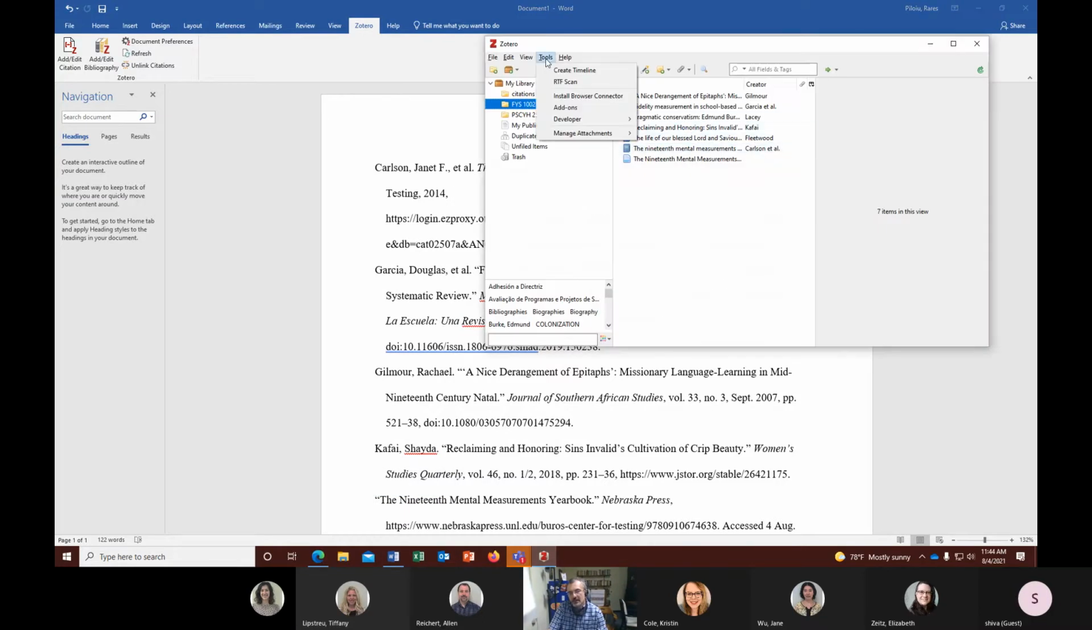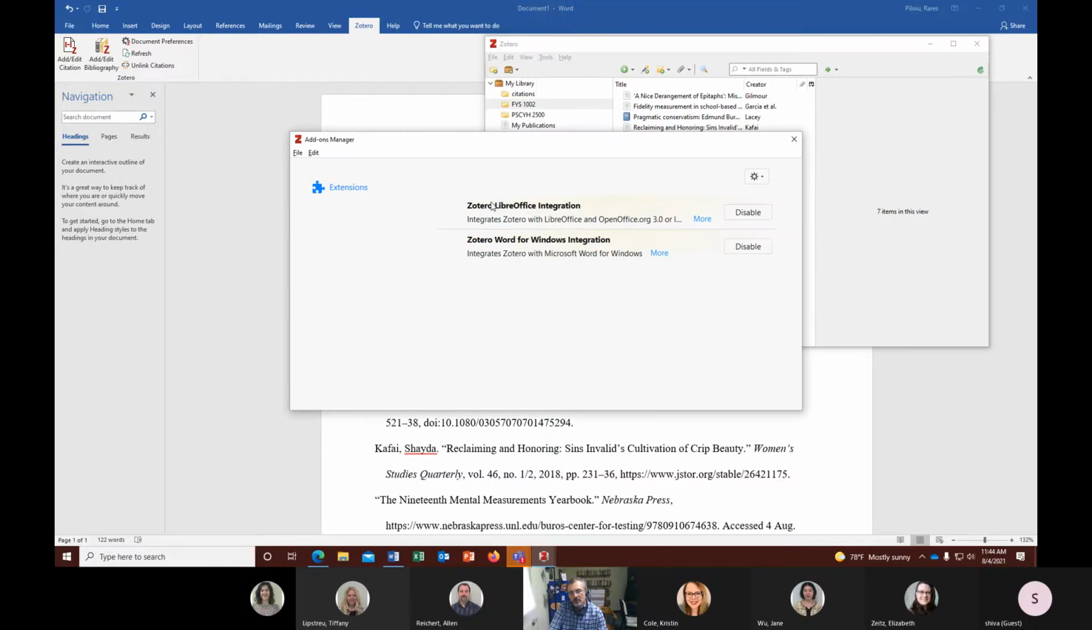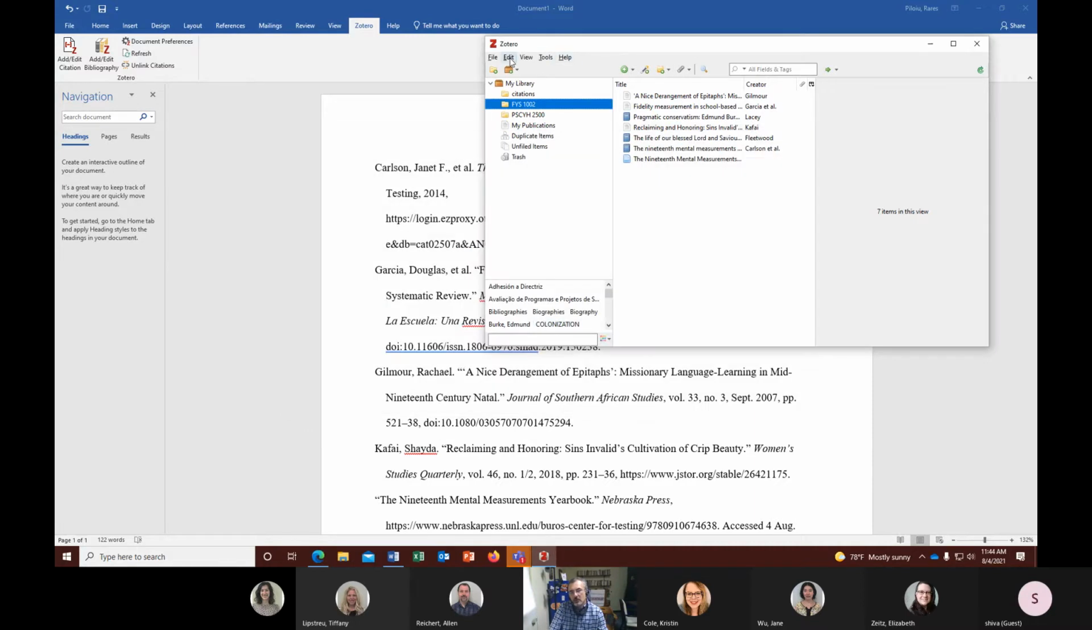The application itself has the tools, and then in the tools you see add-ons here. When you click add-ons, you have Zotero for LibreOffice or for Word. And then for Word, if it's disabled, they can click enable. That might not work, however, and I came across that, which is why, if that doesn't work, they would have to go a different way, which is